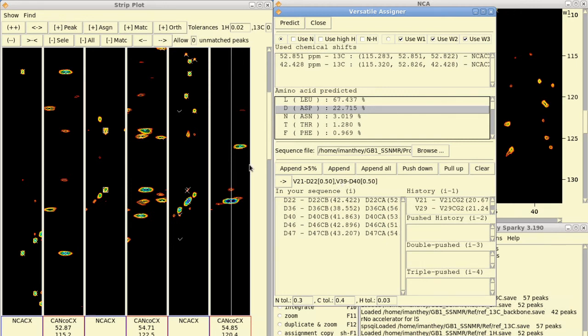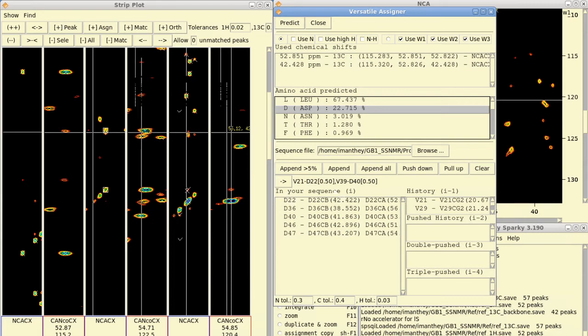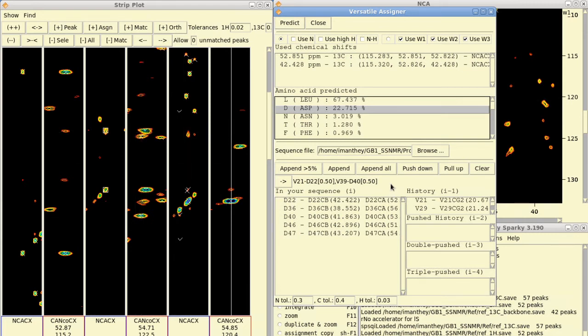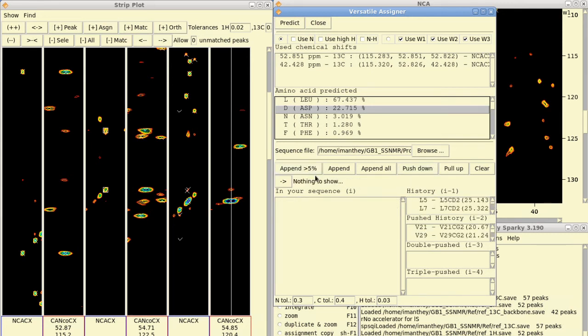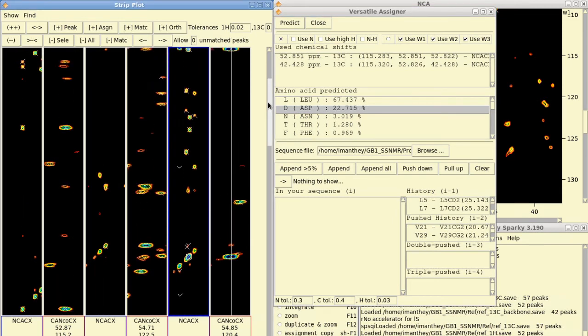And if it is, that means that this section of our spectra is not agreeing with the original section of our spectra. And if those two don't agree, well, then there must be either a faulty residue in here, one that is not being predicted correctly for whatever reason that might be, or more likely the strips are not the correct ones in sequence with each other. But in any case, we do not have 100% here, so we're going to go ahead and push down our history and append that,